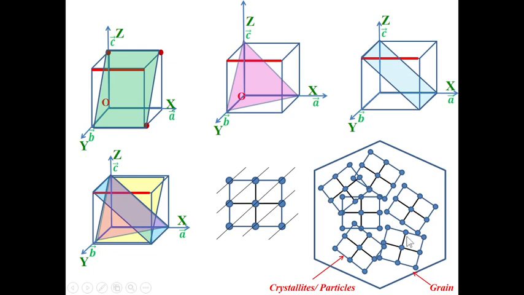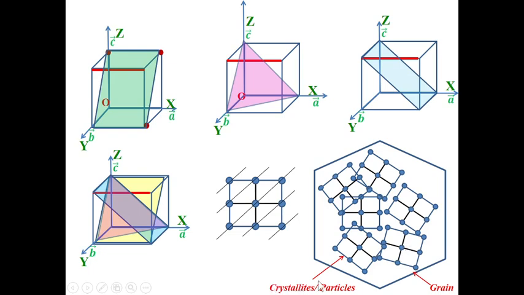So here, suppose we consider one grain. Inside the grain a large number of crystallites or particles, meaning different orientations of lattice arrangements, can be possible inside the grain itself. So this is one orientation of the lattice, this is another orientation of the lattice. Here I considered all the crystallites to be the same size, but they will be more or less equal. Okay, so this is another orientation of the crystallite, this is another orientation of the crystallite.